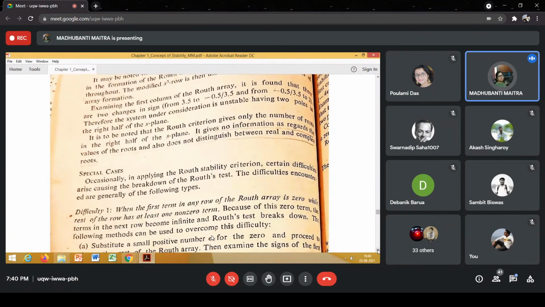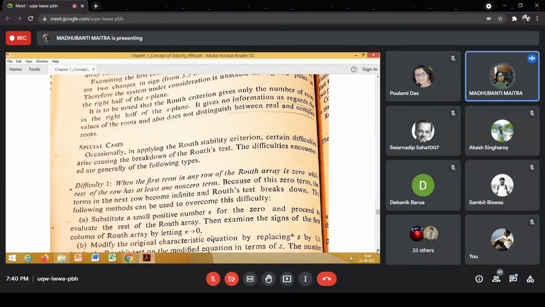Now, generally, we face two types of difficulty, and please try to remember that the nature of these difficulties is completely different, and hence the means with the help of which we'll handle these difficulties will be completely different. We'll apply different techniques for solving these two difficulties. And again, I'm repeating that the nature of the difficulties is completely different. Okay. Now, first we'll discuss difficulty number one. Often we call this kind of difficulty difficulty number one. So, what is the nature of the difficulty?